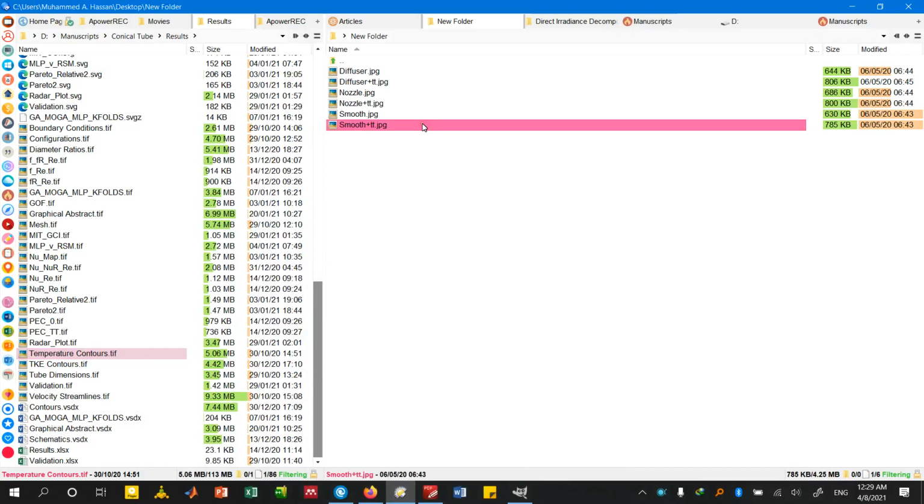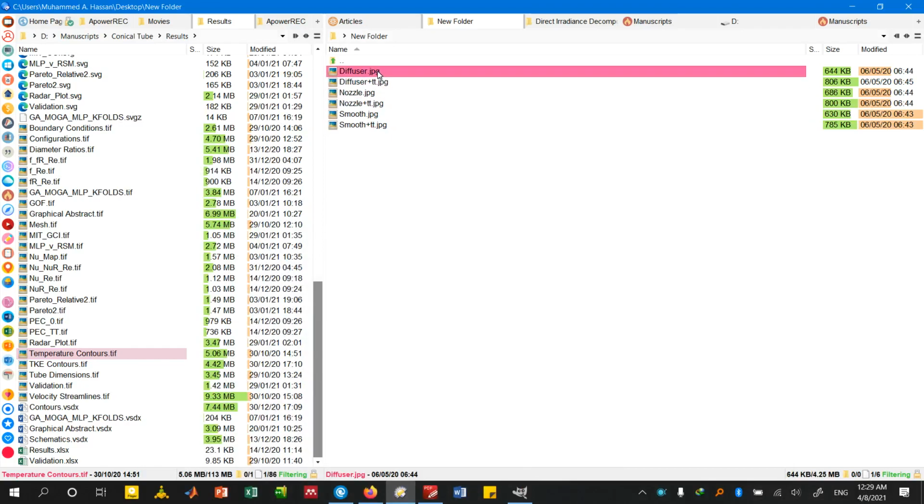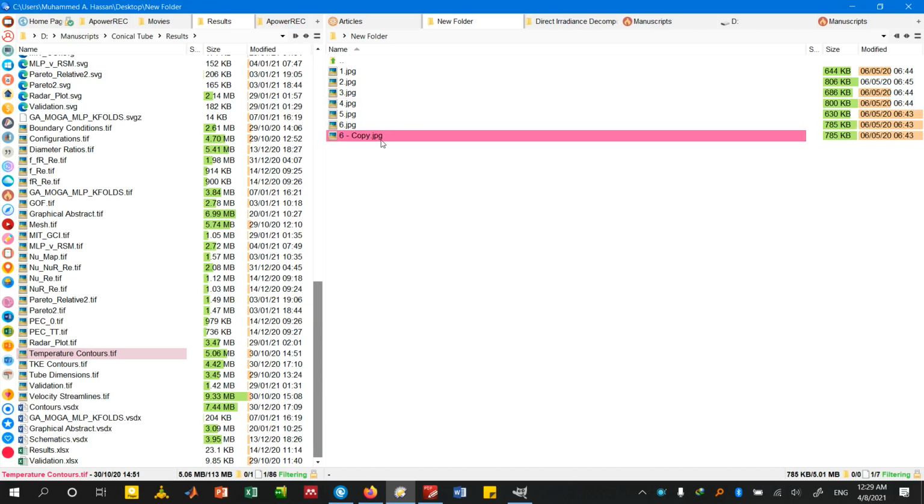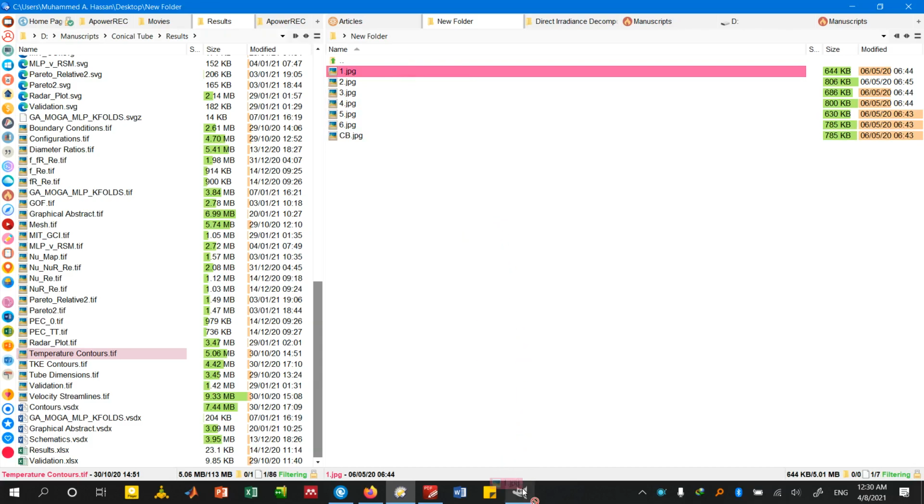Now let's rename these files. Say 1, 2, 3, 4, 6, just to facilitate importing them. This is not mandatory, it's not necessary to rename the files, but then let's make a copy of this file, and let's call it colorbar. First we will be opening the first image